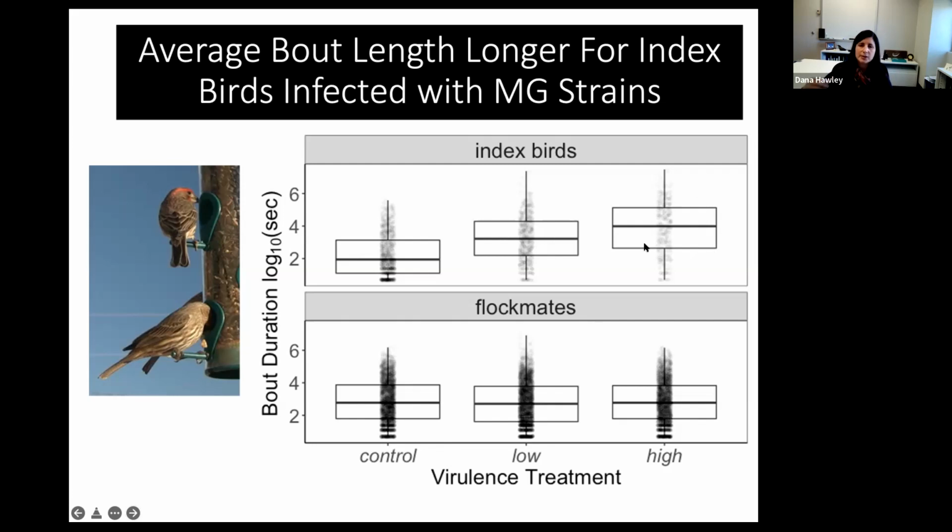But for the index birds, we see patterns consistent with other studies that only compare infected or not, where infected birds had feeding bouts of significantly longer average duration. And this pattern goes progressively up with the higher virulent strain. But of course, we don't know what these birds are doing while they're on the feeder. Simply sitting on that feeder port doesn't mean that birds are actually having any contact with that fomite or with another individual who may follow them. So we also looked at a couple of other metrics, and both of those go in the opposite direction.